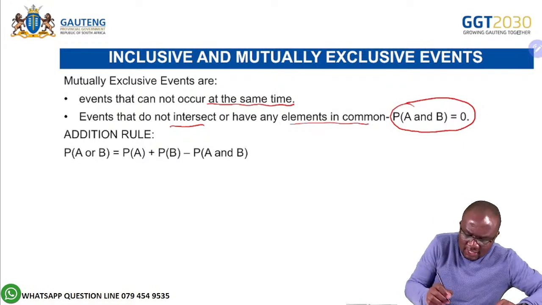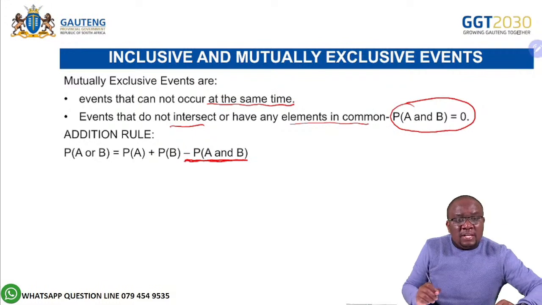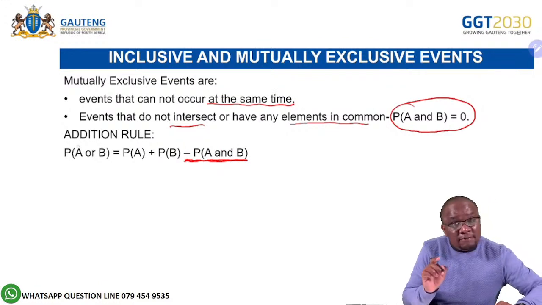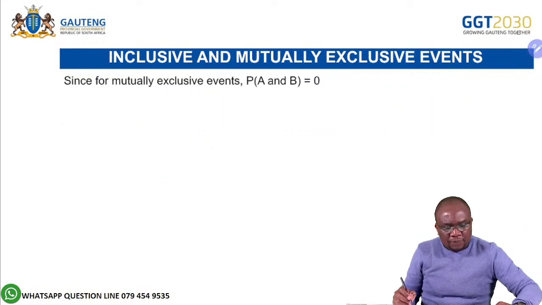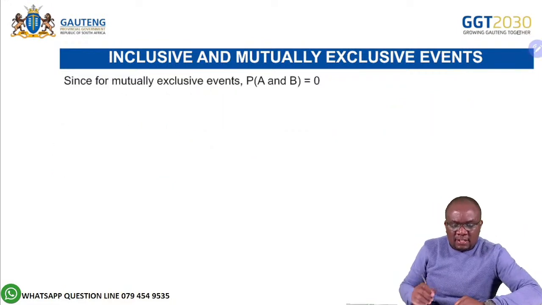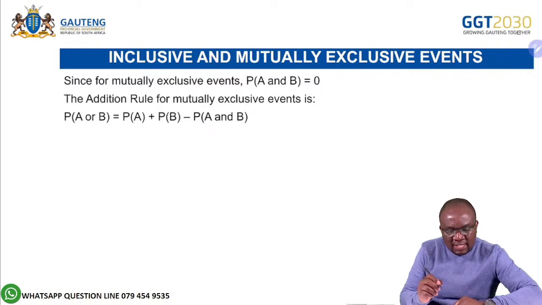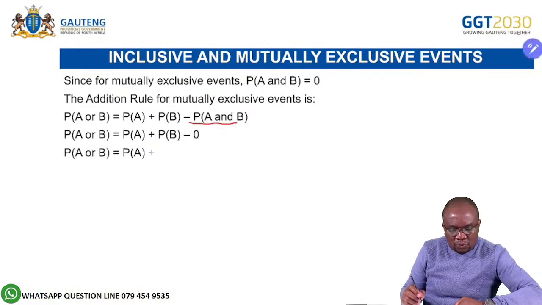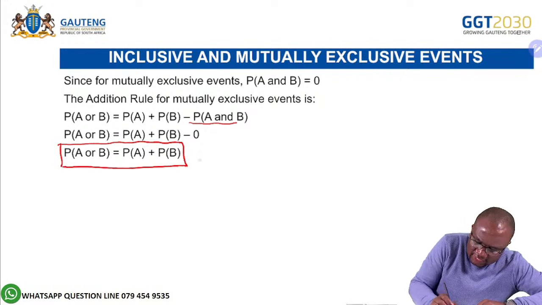So it means here we're going to substitute and replace this with 0. So the probability of A or B for mutually exclusive events is going to be just this part. Understand that? Okay. Since for mutually exclusive events, probability of A and B is equal to 0, then we are going to replace this with 0 like this, and then we remain with this. Okay, please write it down and then specify and write that for